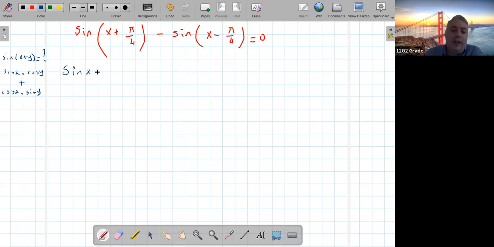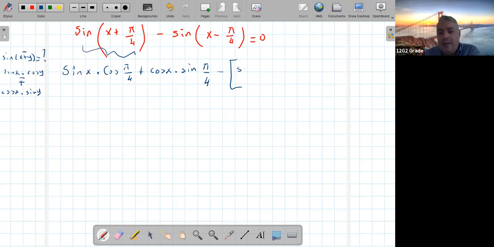Sine of x times cosine of pi over 4 plus cosine of x times sine of pi over 4. This is the first thing. Finished. Minus. Now, whenever I have minus, this will be minus, and other things are the same. So sine of x times cosine of pi over 4 minus